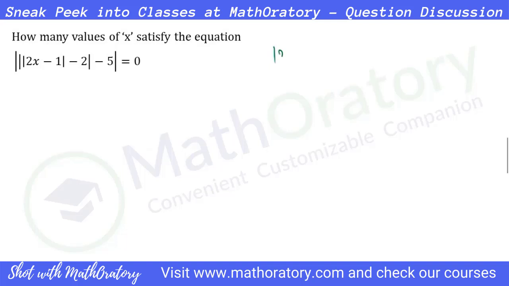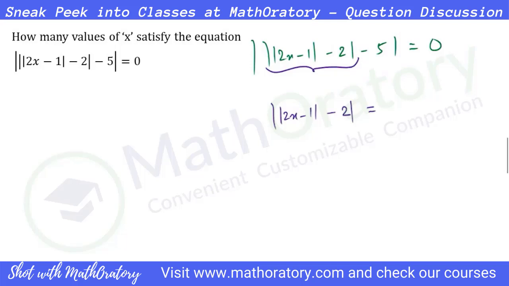Mod of 2x minus 1 minus 2 mod, minus 5 mod is equal to 0. I'll start straight away from this point. This should be understandable. So mod of 2x minus 1 minus 2 whole mod should be equal to 5. Now, in these kinds of questions, just keep on taking the mods out one after the other. Just keep one thing in mind, that a whole mod of anything, so mod of any real value, can never be negative. That's all. So this can never be negative. So whenever you have a negative value, just ignore it. That's all. So let us use this idea.